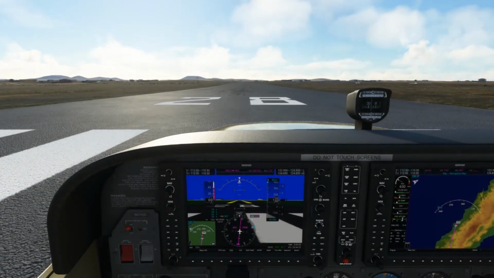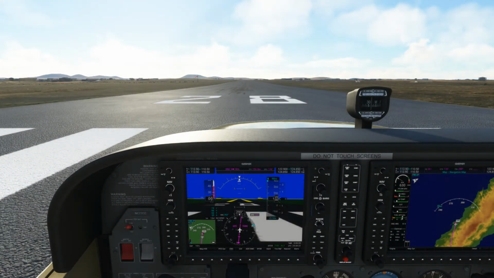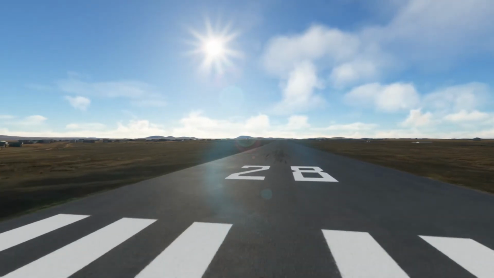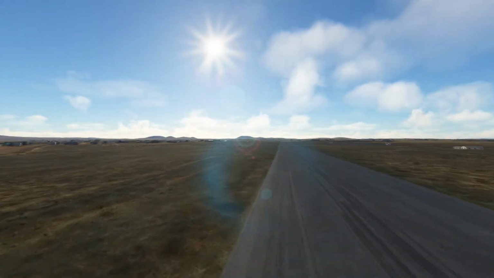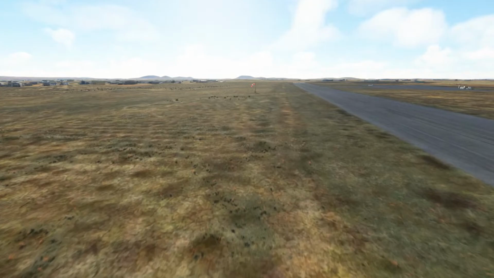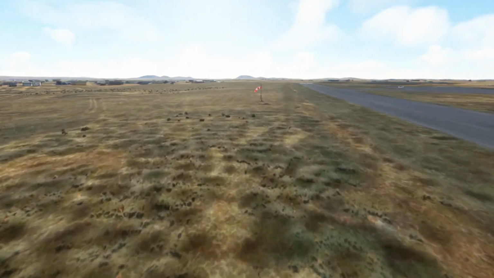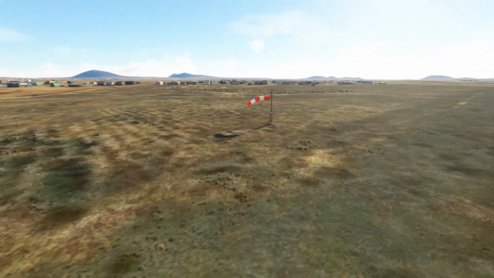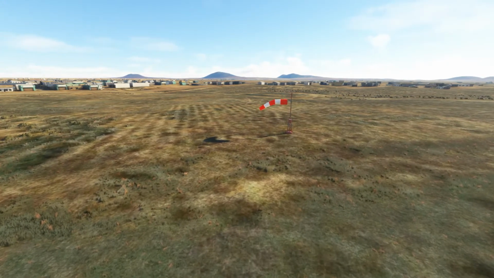I set the time to about 5:30, about 5:40 in the afternoon. And you can see there the windsock right there. Let's go ahead and step out of the plane real quick. Just look at that real quick. Got the windsock at a little bit of an angle there, so a little bit of a crosswind. You can see that windsock right there is pretty much in the air.